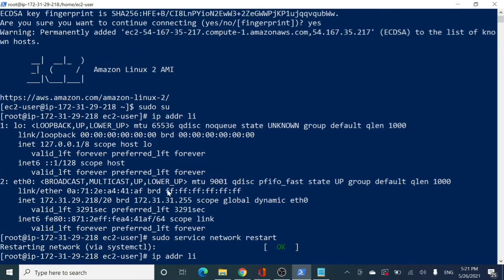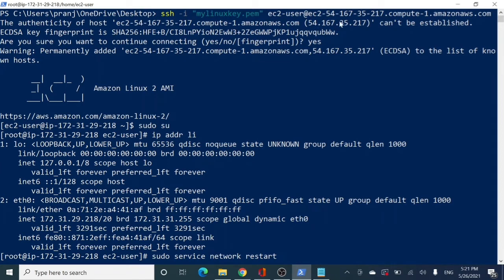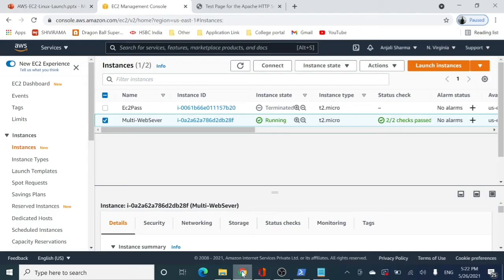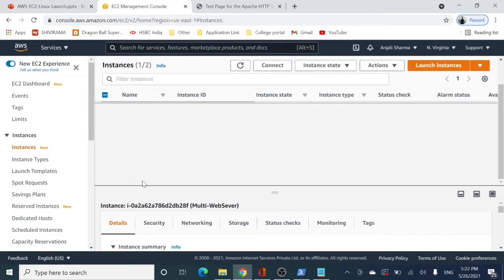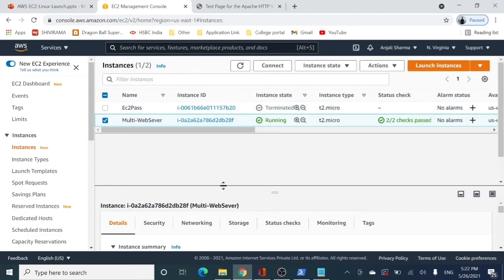Remember that we had SSH'd into our EC2 instance with its public IP, that is 54.167 something. But now if you go to your EC2 instance and you can see the public IP of